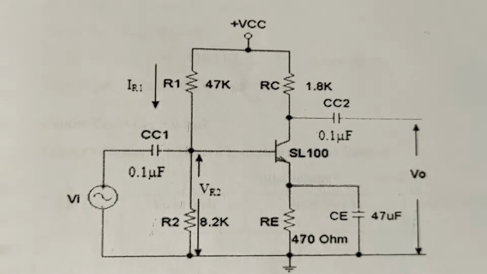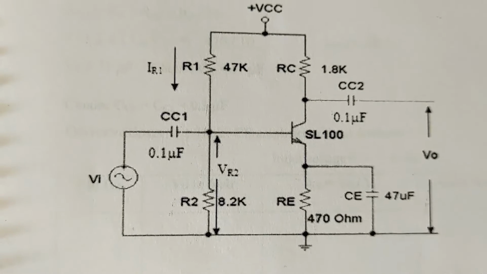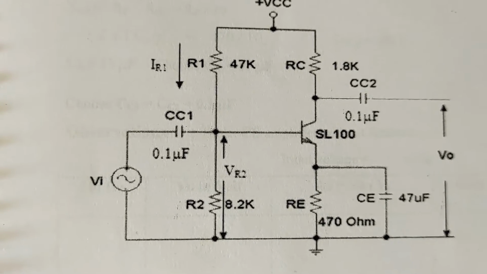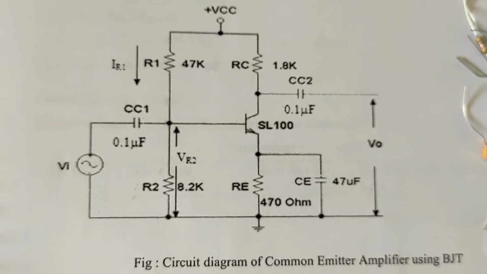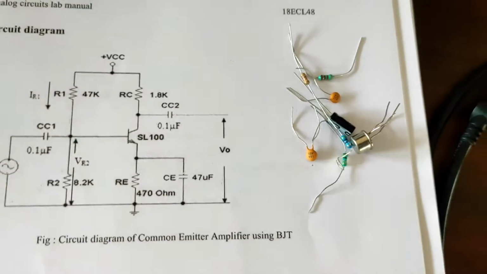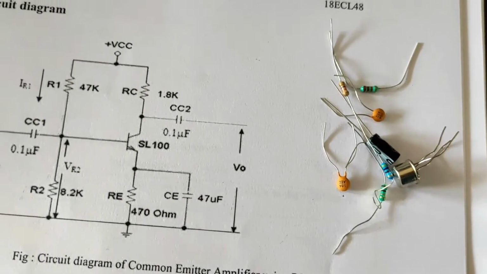Circuit diagram of common emitter amplifier using BJT. Experiment number 2. Components required: